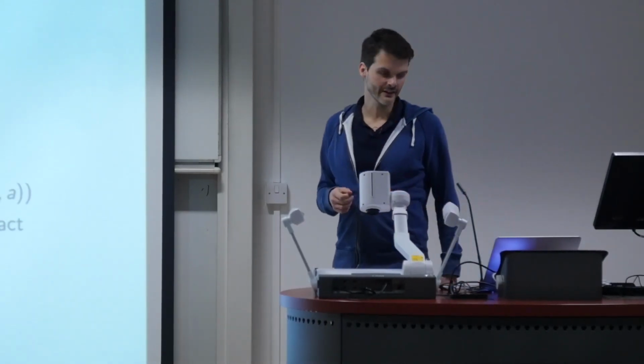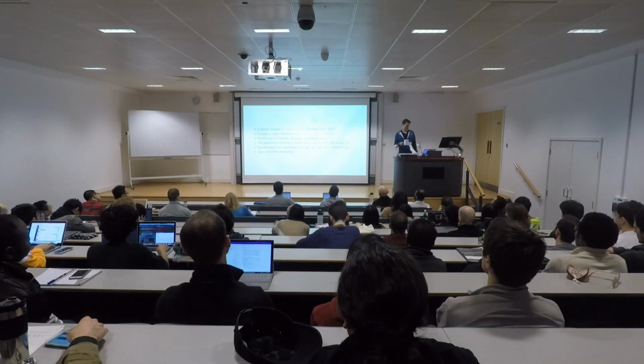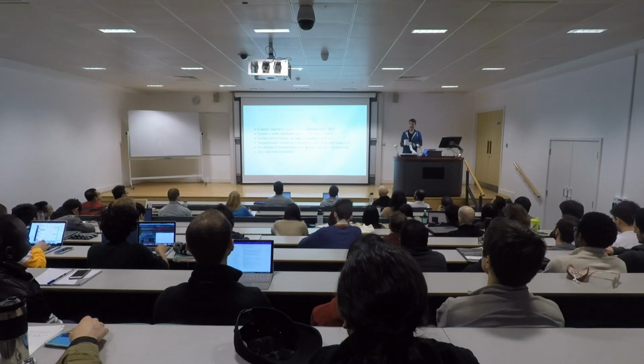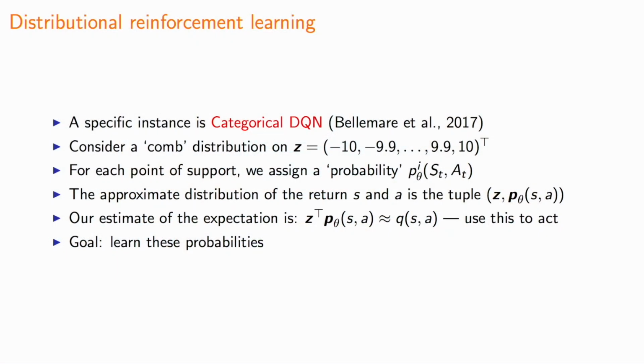So an example of this is categorical DQN, or C51 it's called in the paper. And in this specific instance, there will be a fixed finite support on which we're considering the values to be able to lie. So the support here was picked explicitly for these Atari games to be between -10 and 10 with increments of 0.1. I hope I did that correctly. Probably not. It must be 51 points in total. So anyway, between -10 and 10, you sprinkle 51 points.